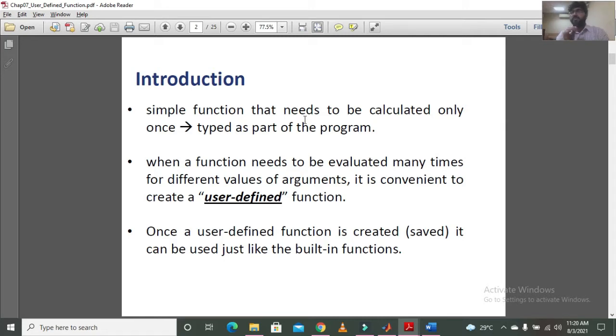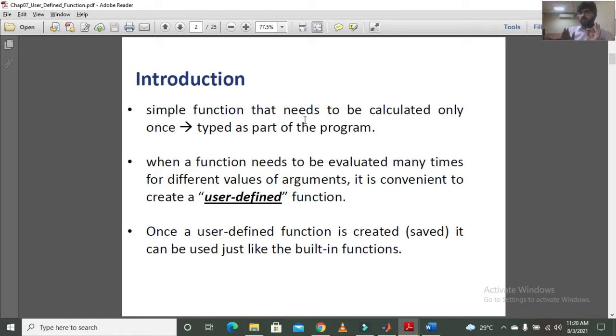So far we have studied that user-defined functions are functions in MATLAB, just like the built-in functions, but the scripts of the built-in functions are already incorporated in MATLAB. User-defined functions are functions which you will define; you will perform the necessary calculations in that function, and that function will give you only the output.